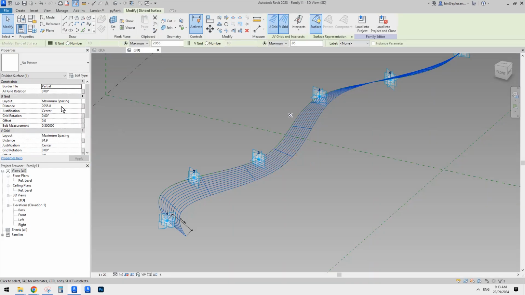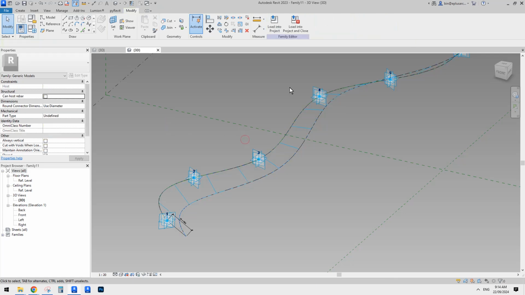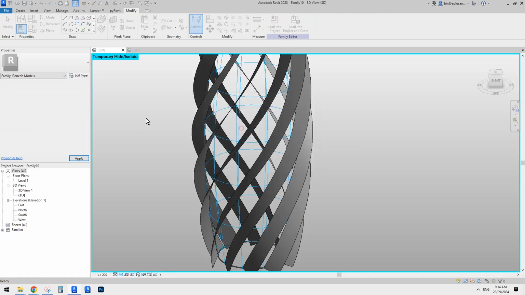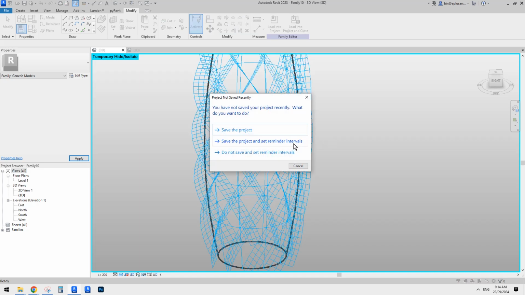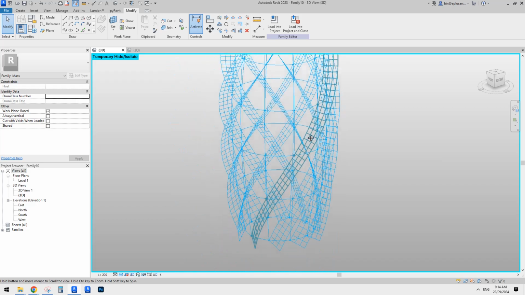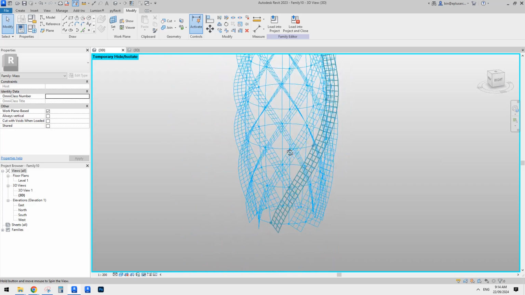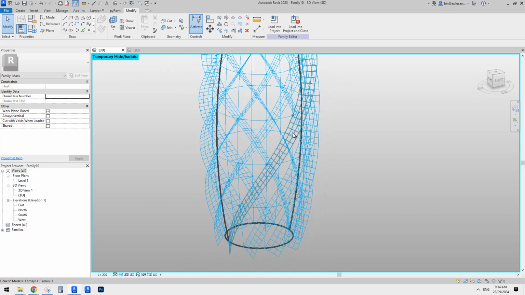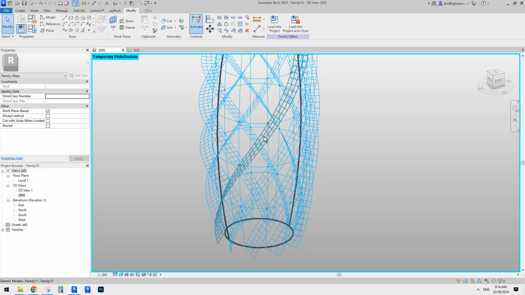Okay, so here this is maximum spacing. So this is this direction, 1.5, right? And also on this side, maximum spacing 1.5. Okay, so now load this one into this. And yep, this is it. So now you can see 3 panels, and okay, so for now all we have are divided surfaces,